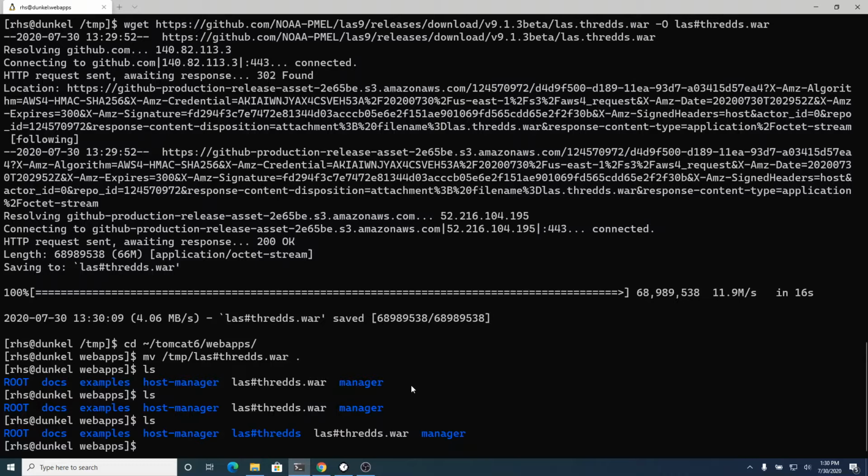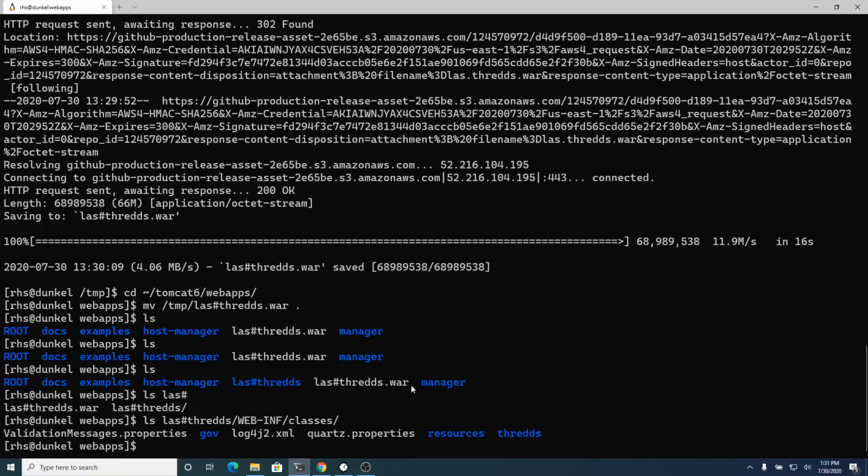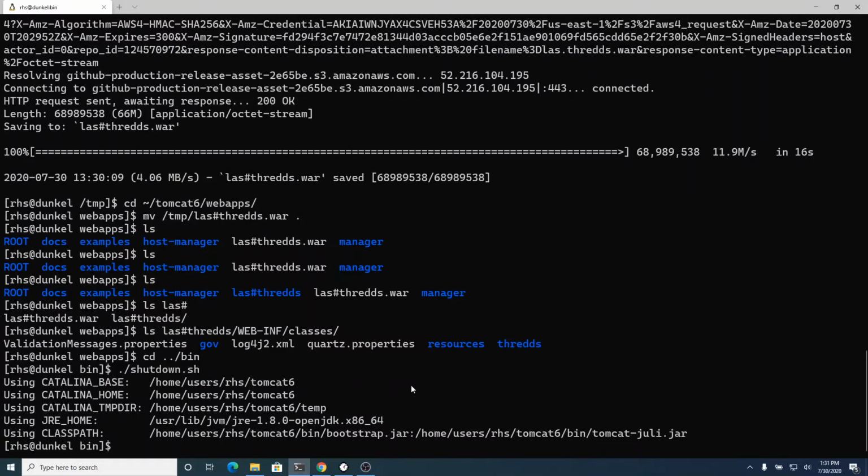So once that's deployed, once that directory structure is under there, you can look at it. It's just a threads server, but it has some classes in this Gov directory that we have installed into threads to do some computations for us, and then we're going to put some stuff in that resources directory, but this is separate from your own threads installation. So that's going, we go ahead and shut down this Tomcat while we do a few other things, then we'll be able to bring it back up.